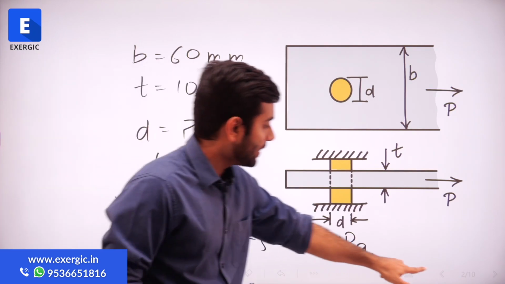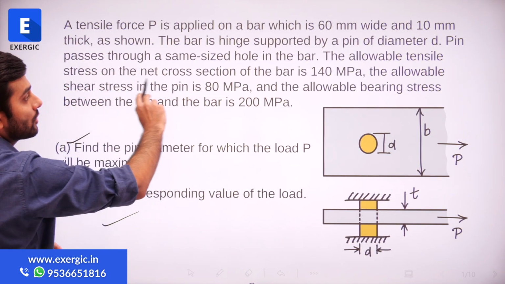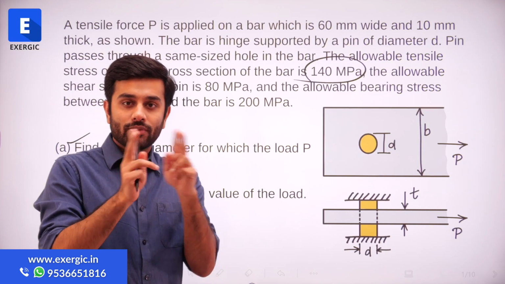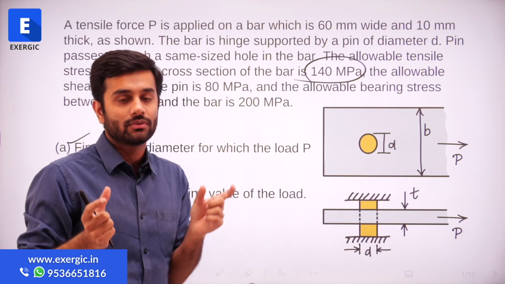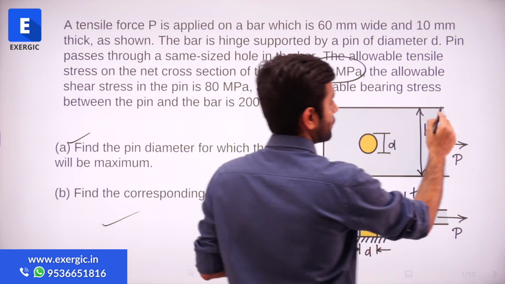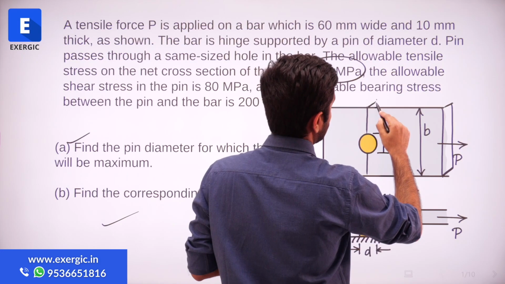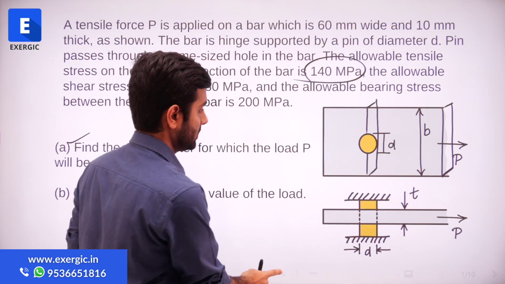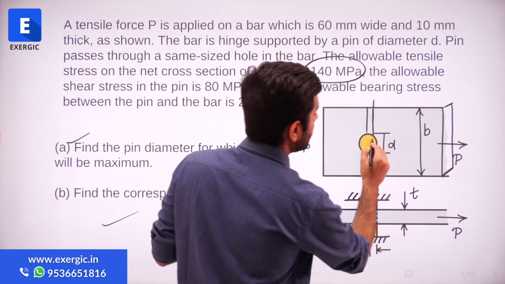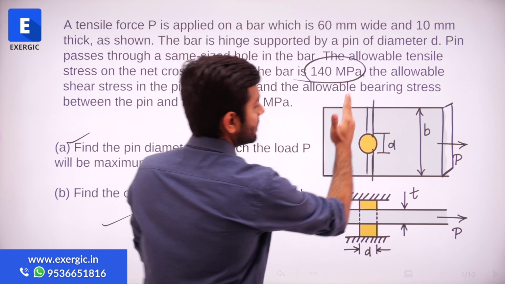So for the first case, we have to consider the allowable tensile stress on the net cross section of the bar, which is 140 megapascal. Now in the bar, we have 2 different extremes of cross sectional area of the bar. One is without the hole, means this one, a complete cross section, and other one is with the maximum hole diameter, right or not? Because there will be different sections. There will be this section also, which is having not the complete diameter but only some part of the pin, right or not? So that circular hole has different sections,